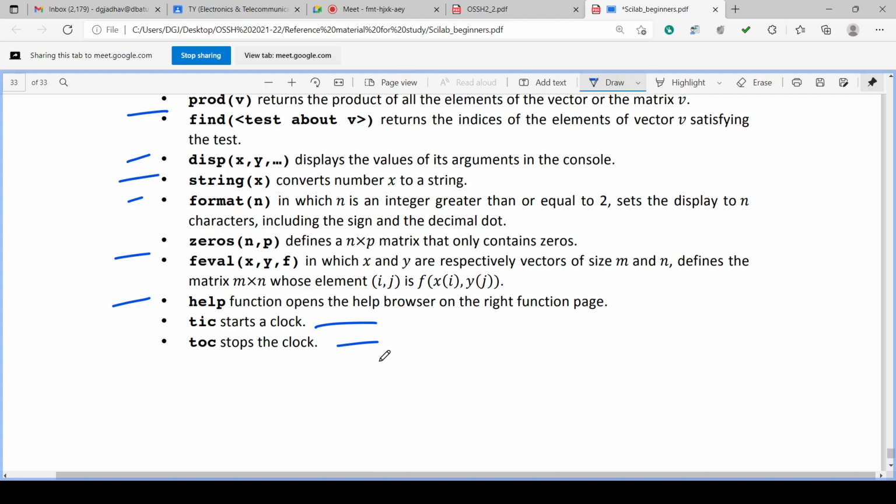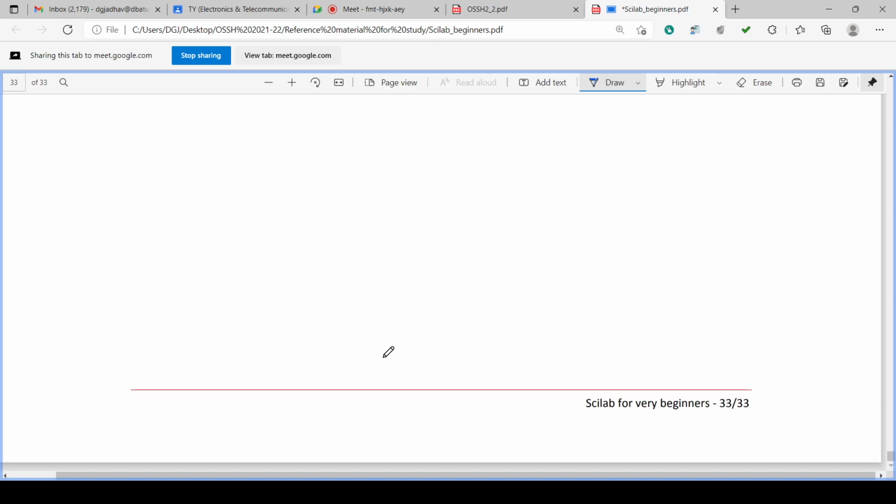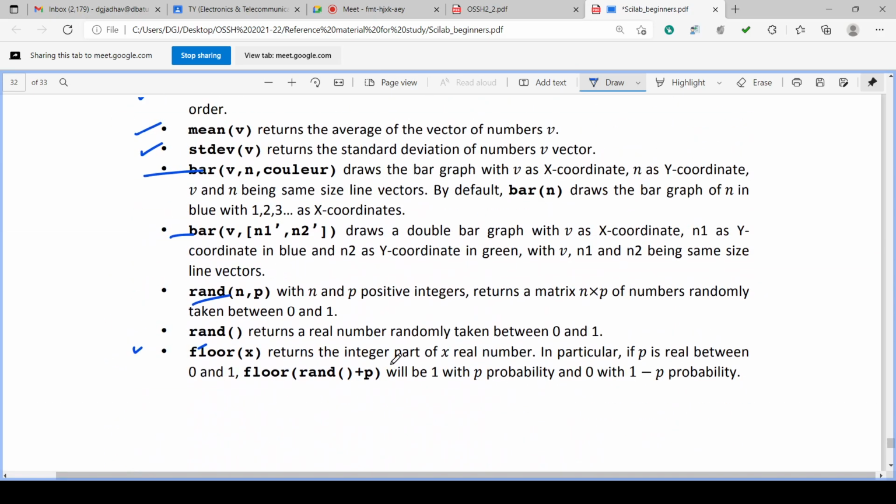Okay, time initialization and time ending, stopping, starting and stopping. Suppose one program is running and ending, how much time it takes we can calculate. At the start of the program you can execute tic, and at the end of the program you can execute toc, and you can find what is the time elapsed. So in this way,